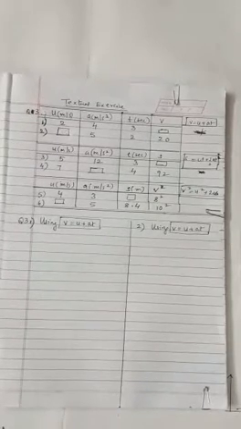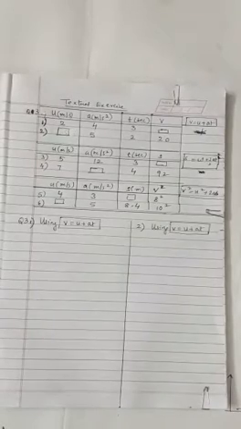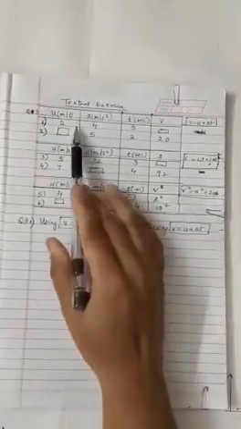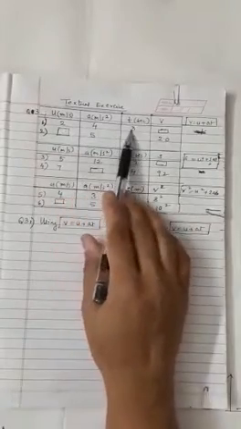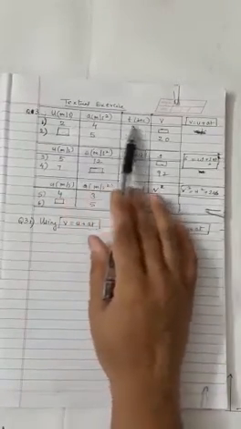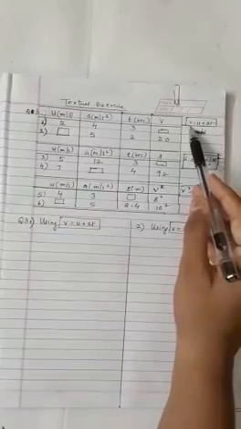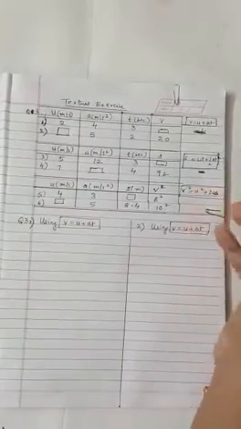Hello children, we have already completed the chapter and now we are going to start with the textual exercise question 3. As you can see, a chart is given. Out of these four quantities, that is U, A, T and V, any one quantity is missing here, and for the first two sums they have asked you to use the formula V is equal to U plus AT. So let us do it accordingly.